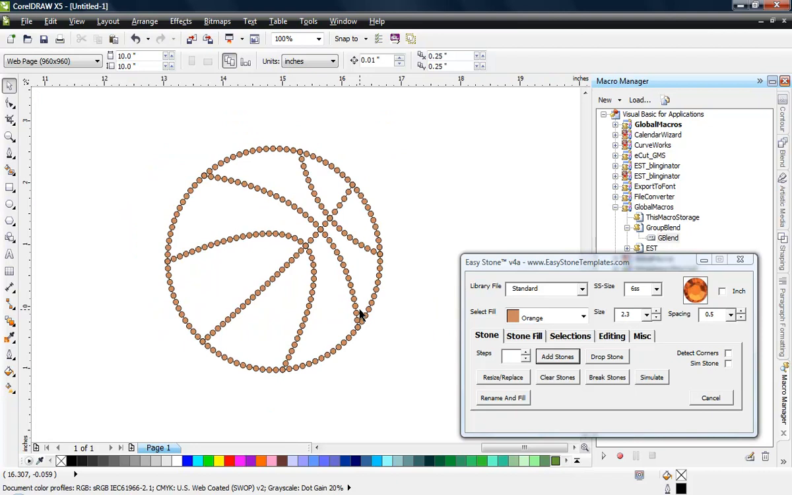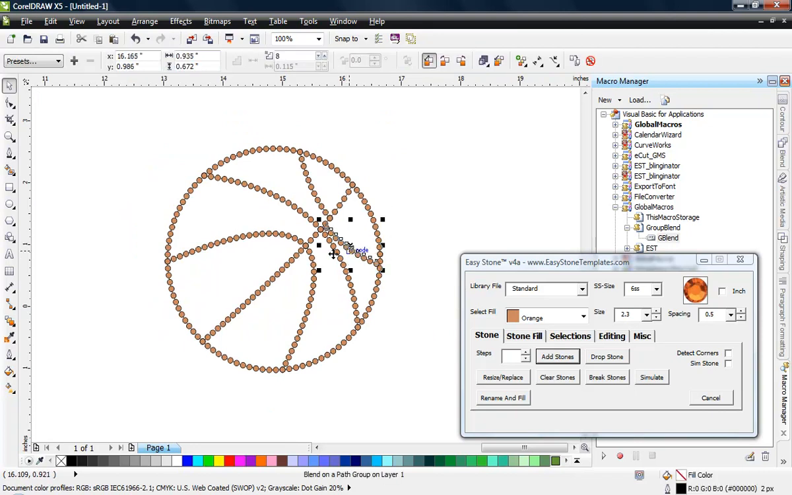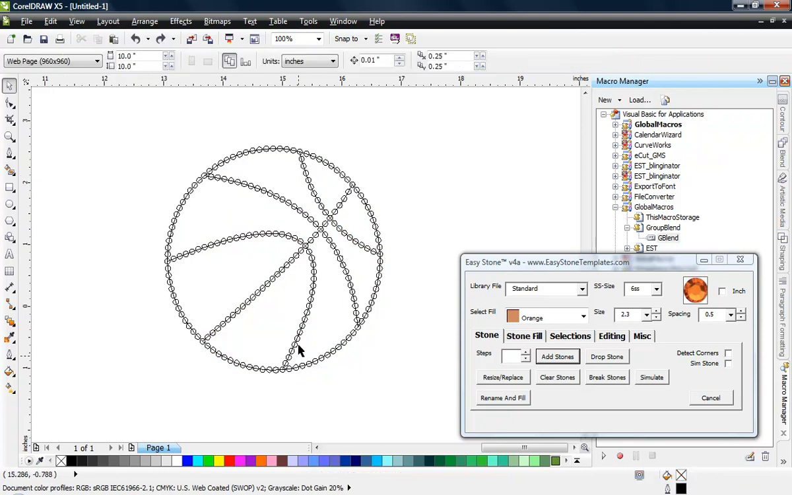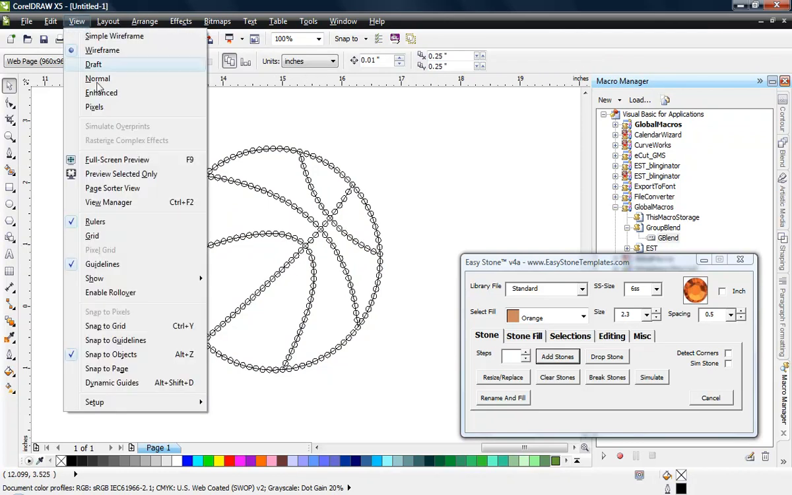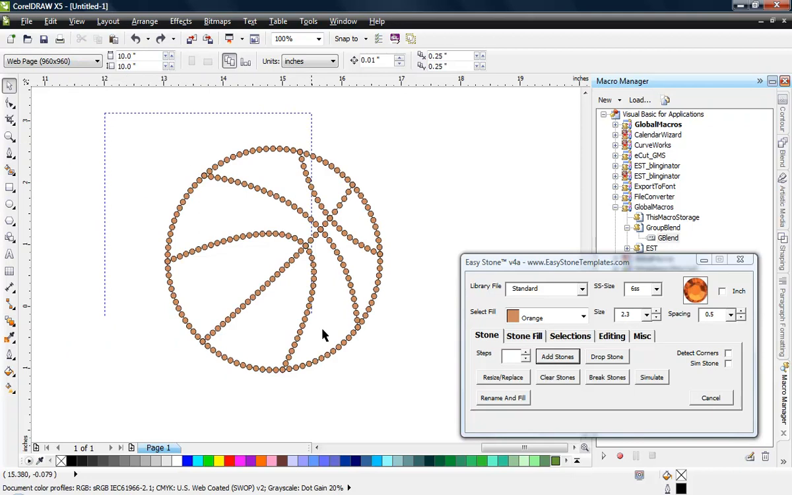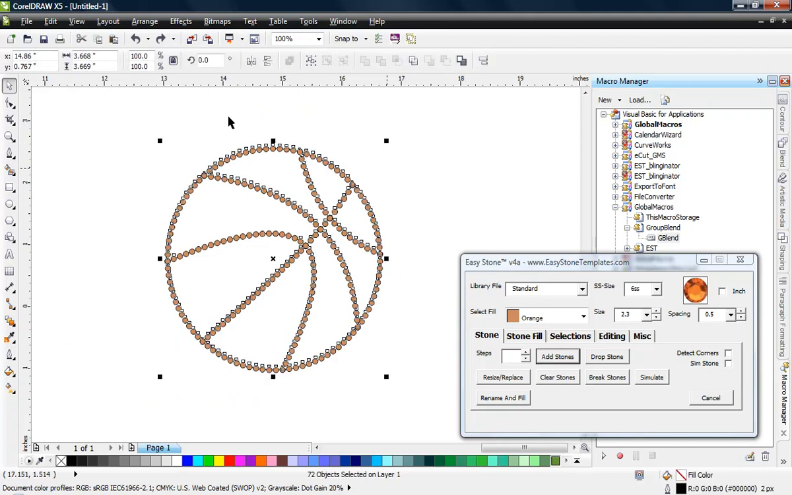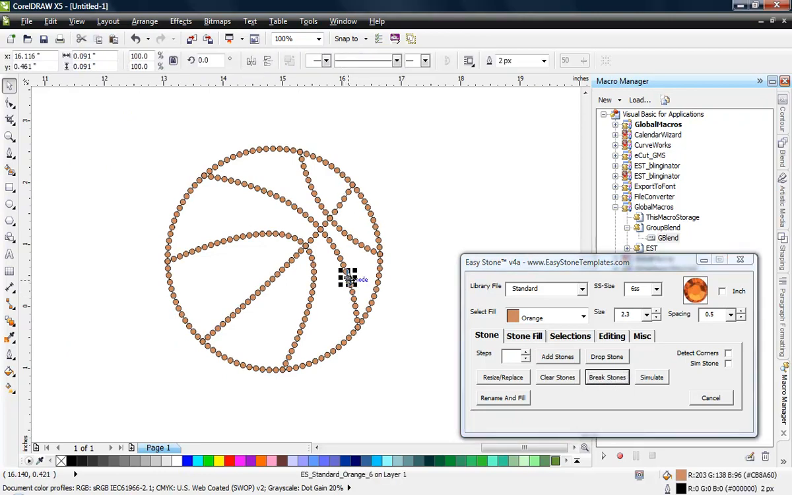Right now, all of the stones are applied to a path. If I come in here and I view the wireframe, you can see all these paths. Well, we need to get rid of those paths because we don't want to output that to our cutter. So here's what we're going to do. We're going to select all of our stones, the whole design, and click on Break Stones. And now the stones are broken away from the